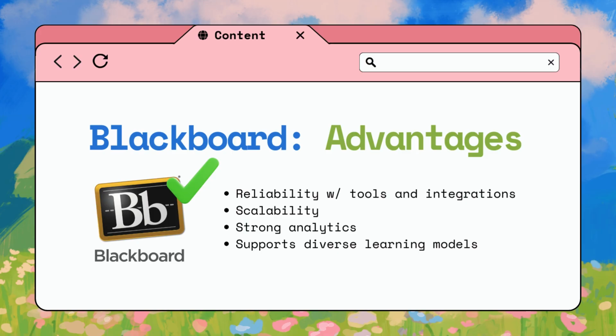Blackboard features built-in reporting and analytics that help institutions monitor engagement and outcomes. Blackboard accommodates a multitude of learning models, including in-person, blended, and fully online learning. While in community college, my school utilized Blackboard as its LMS. As a student, I took several in-person and fully online classes and found Blackboard to be intuitive to both learning